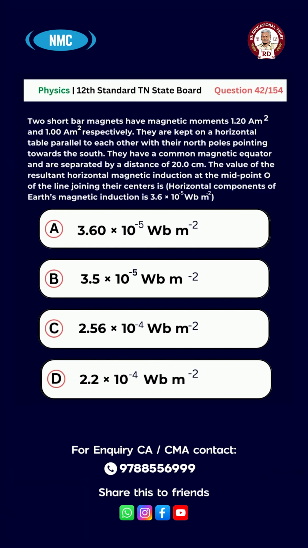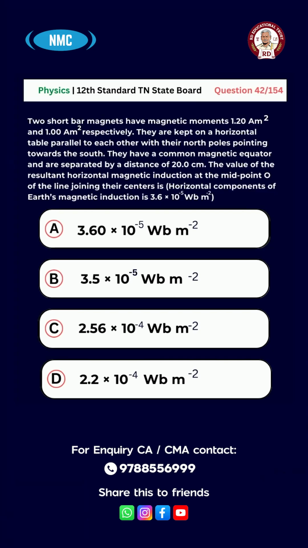The value of the resultant horizontal magnetic induction at the midpoint O of the line joining their centers is (within brackets, the horizontal component of the Earth's magnetic induction is 3.6 x 10^-5 Wb m^-2):